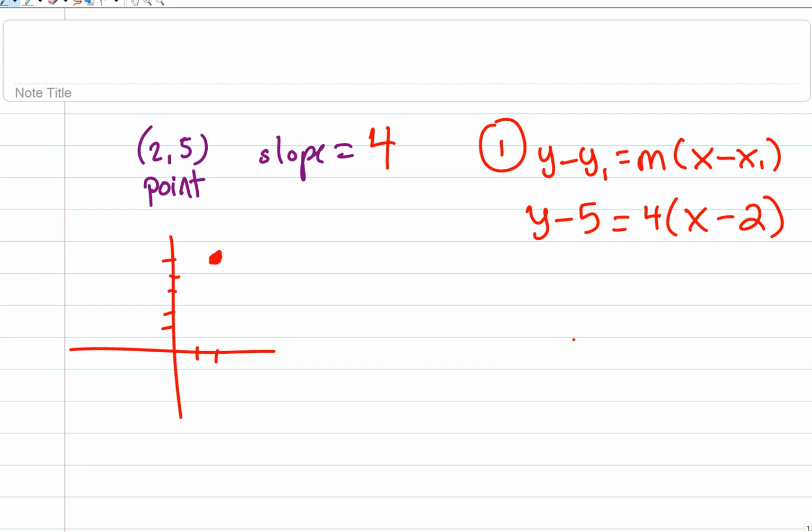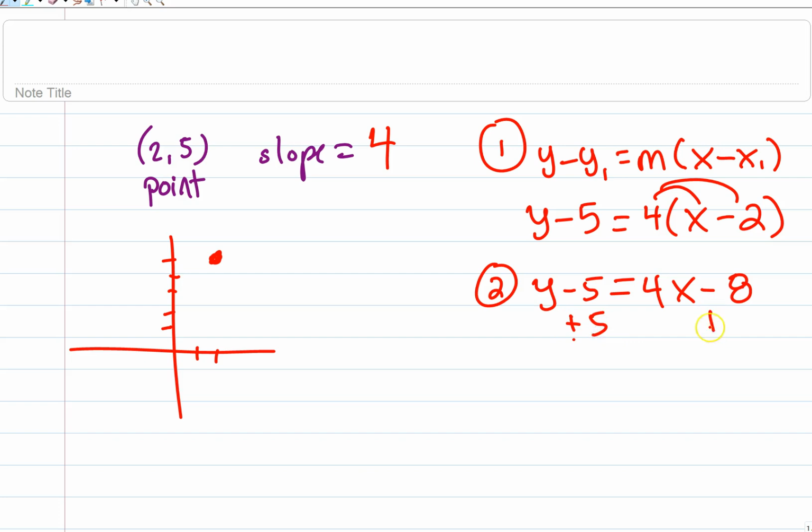I most often will tell you to turn that back into slope-intercept formula. And if I do, that means solve for y. If I do, that means first, you will distribute, take the 4n. So now we have y minus 5 is equal to? Last, solve for y. We get y equals